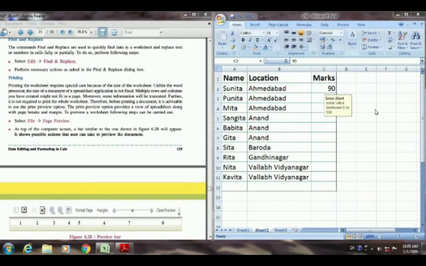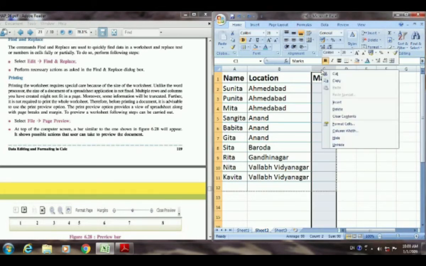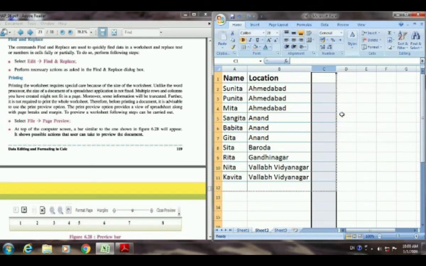So students, whenever we apply validation on particular cells, you have to remember that if you select the cell and clear the contents, or delete all the things, then the validation you applied on the cell will also be removed along with your content and information. So remember these things about data validation.